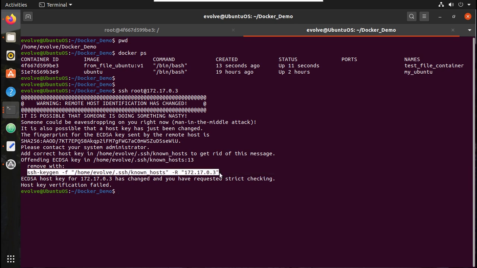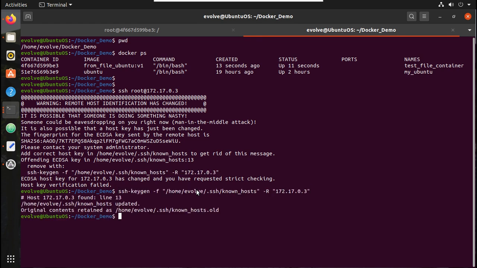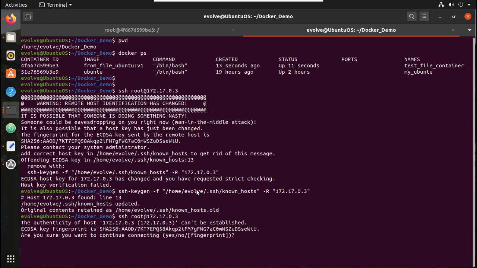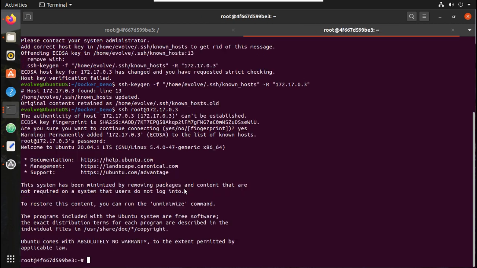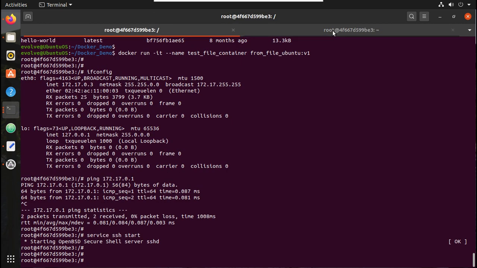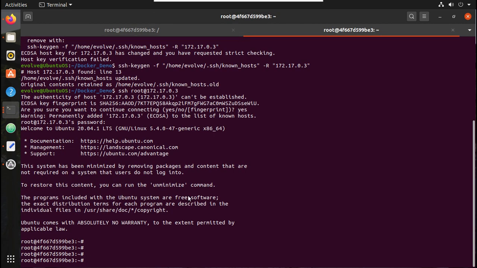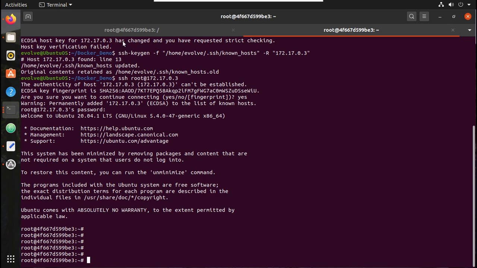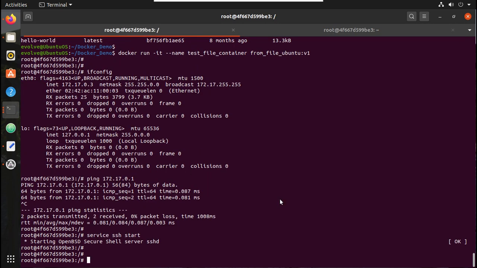I already had SSH key registered for this, so I'll remove the previous. The password I gave was admin. So now from my host machine I am able to access it. So using docker file, the installation was very easy, because you don't have to manually install all the packages. Docker file will take care of that.